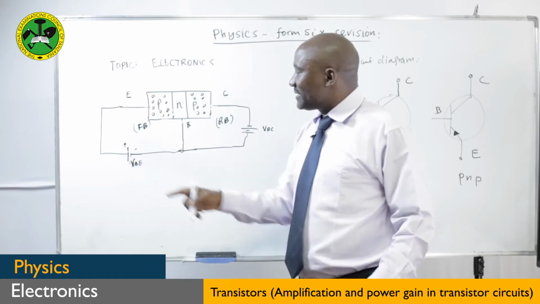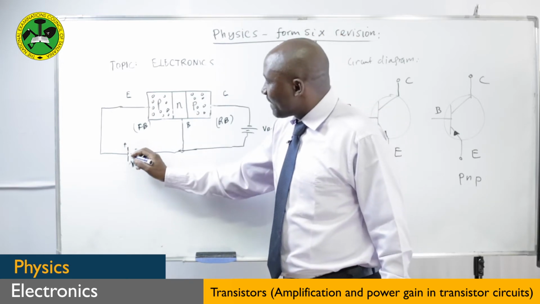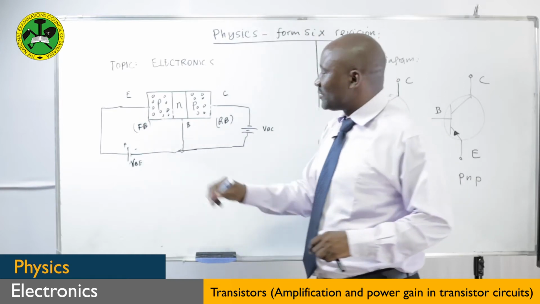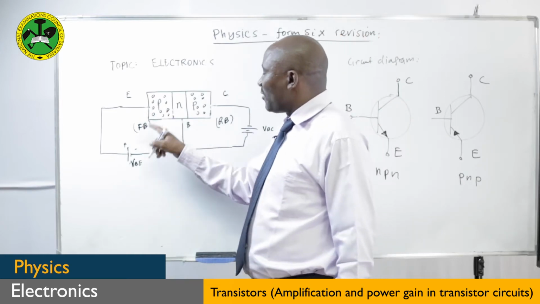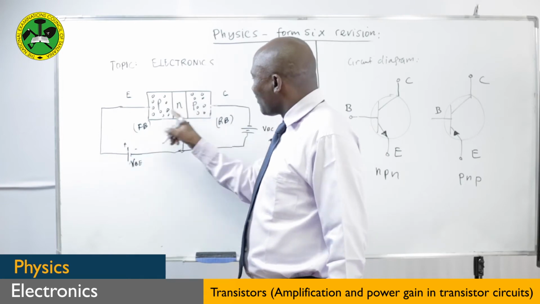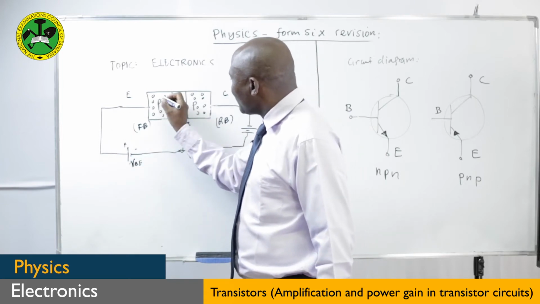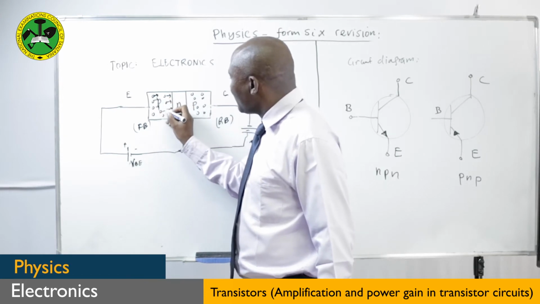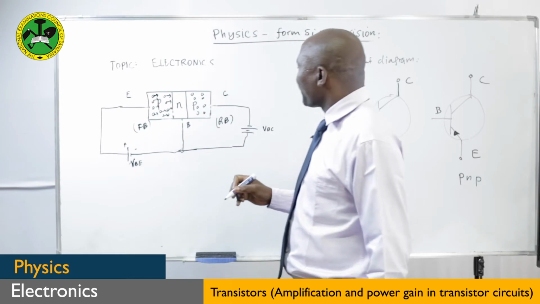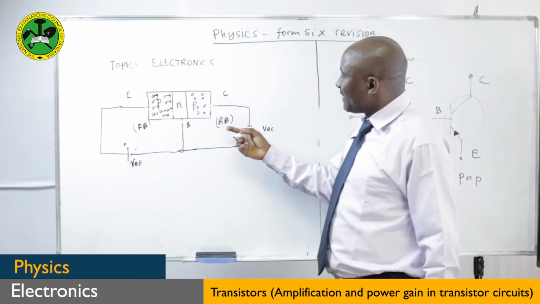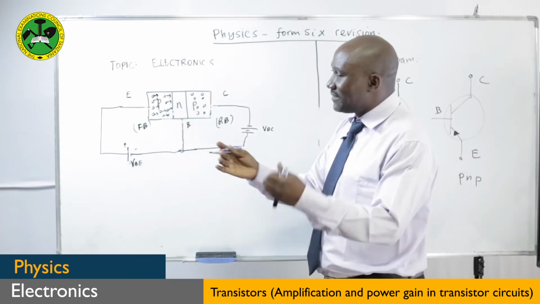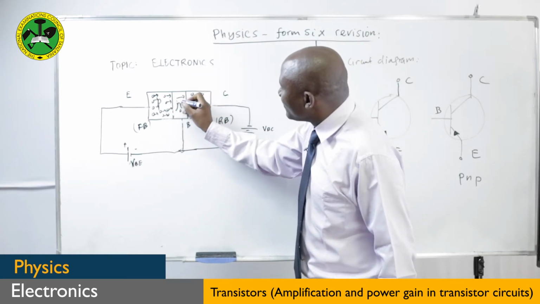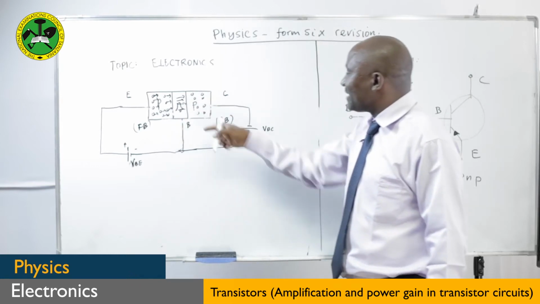So when you connect to the power supply, this is positive, and this is P, we have a repulsion. Most of the electrons, all of the holes, will be pushed across the base. So there is a movement of the holes like that. The holes will be forced to move like that. As a result, on the other side, very few will be combining here because the base is thin. Very few will be combining here, and most of them will be forced to cross that junction,